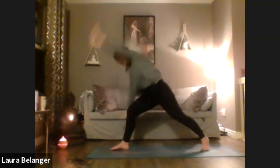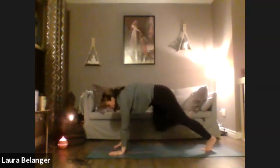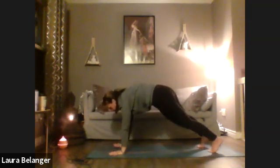Beautiful. Keeping our legs straight. We're going to exalt our triangle here, making our way back to warrior two. We're going to cartwheel our arms, pivoting that left foot, planting our hands, right foot meets left, finding plank or